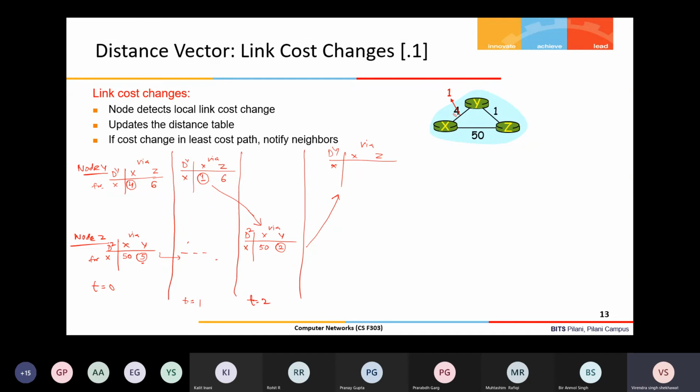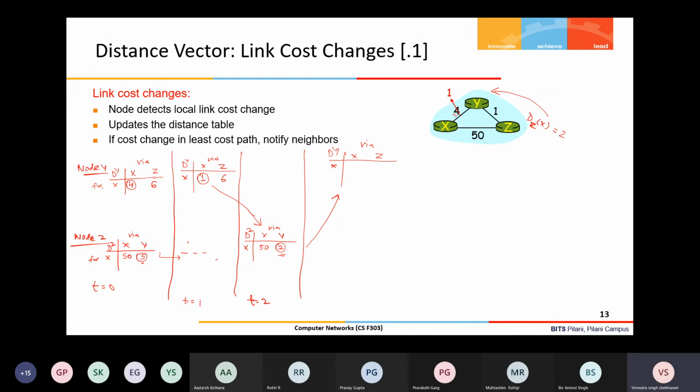So Z's distance vector DZX equals 2. So DZX means the cost from Z to X is 2. This distance vector it is sending to Y.